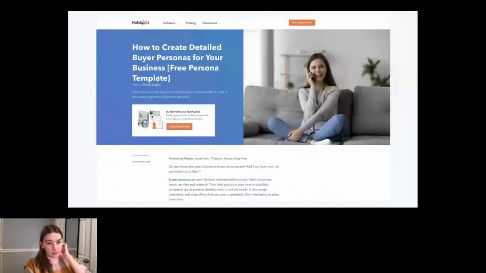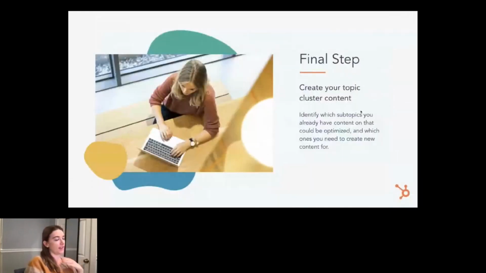So your next step after today is creating a pillar page for that one more specific topic that you identified. We have a lot of great guides at HubSpot on how to write a pillar page. As I mentioned, probably between 2,000 to 5,000 words. It's usually helpful to have a table of contents in it as well. And as a final step, you can either repurpose existing blog posts that you have about your subtopics, or you can create new content as well.